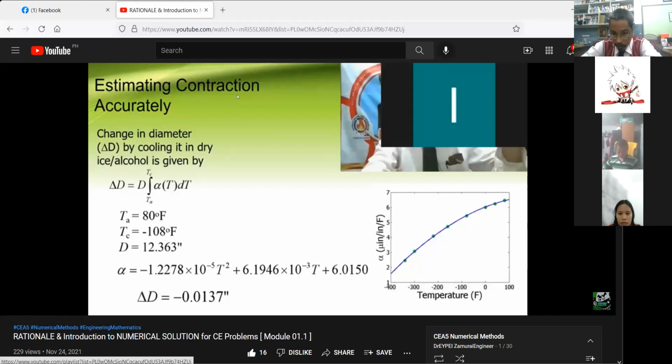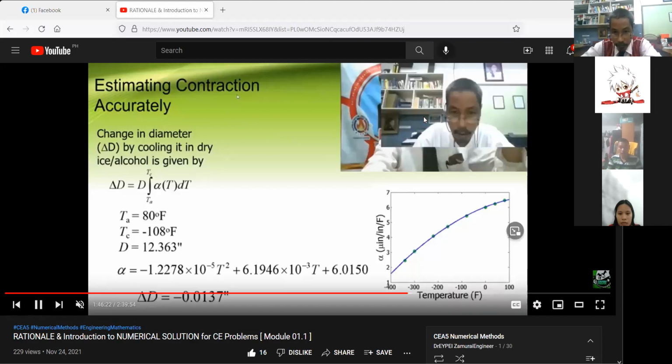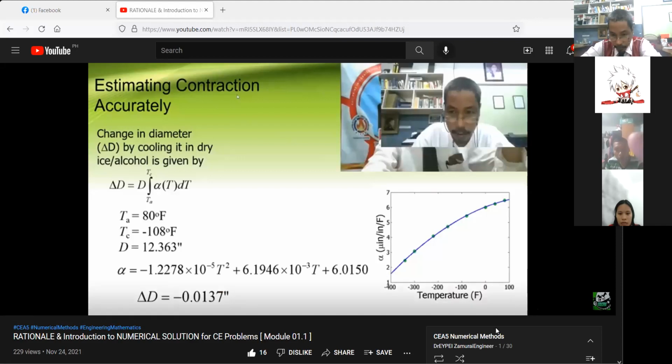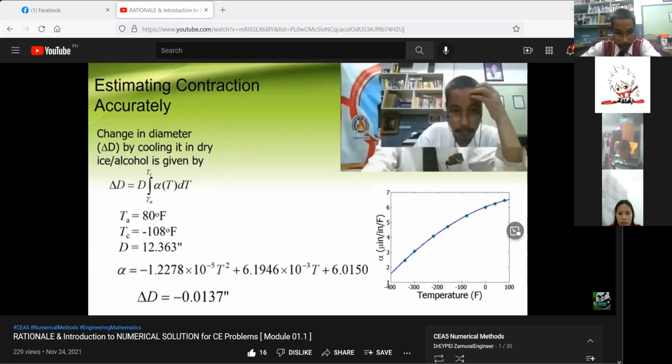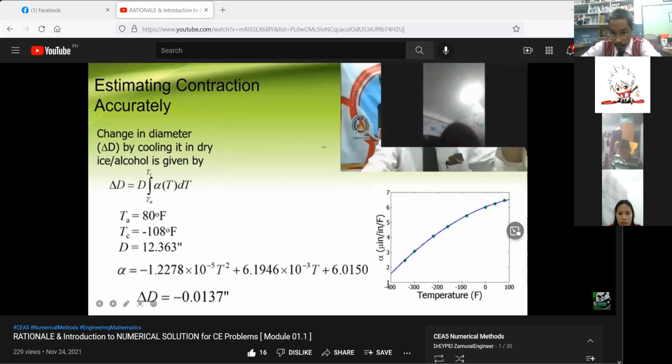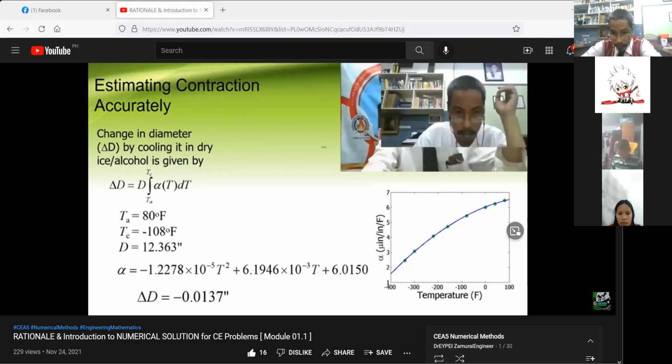So let us use the calculator. Using your calculator, we have negative 1.2278 times 10 to the negative 5, times t, which is negative 108 squared,